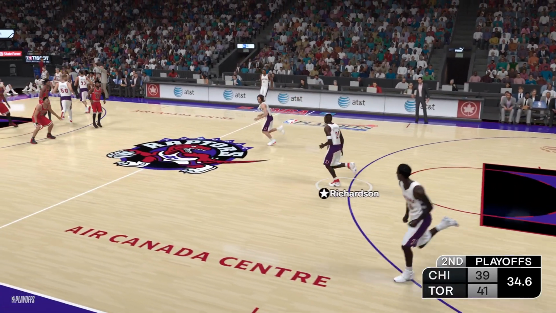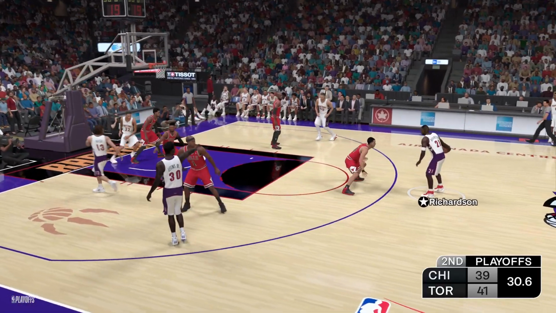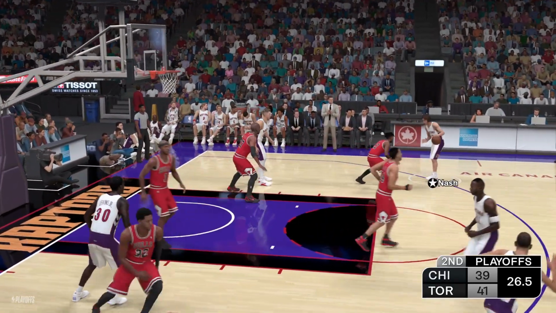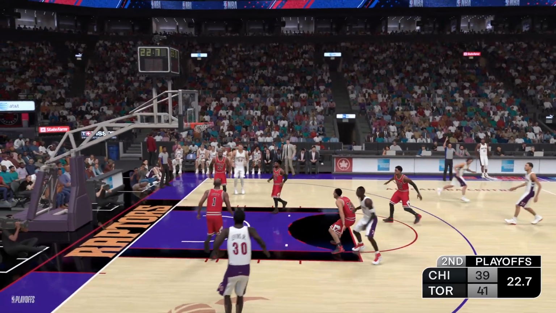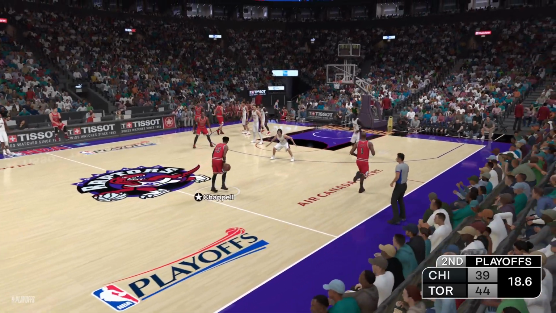And Toronto has possession. They've led by as many as 11 points. Nash right side. Prince wide open. There it is. It's Nash picking up the assist. 8 points for Prince. Set the feet, spot up, excellent execution.